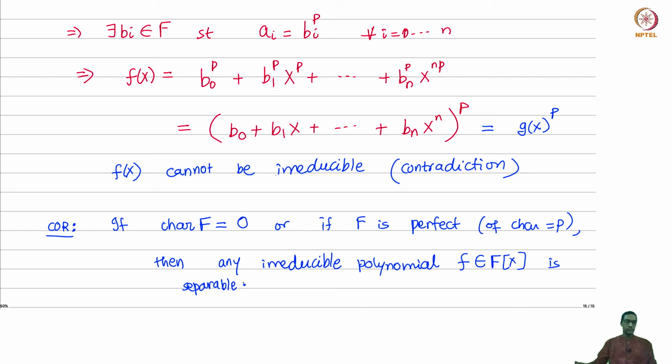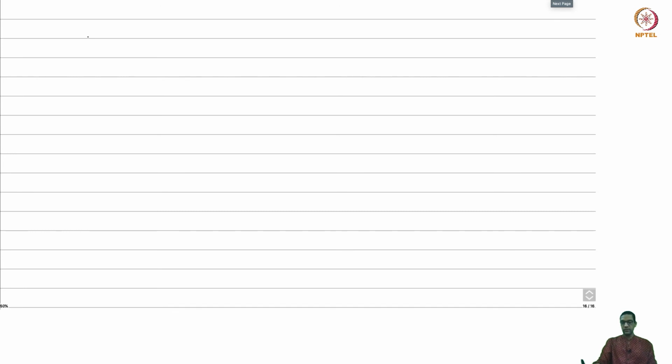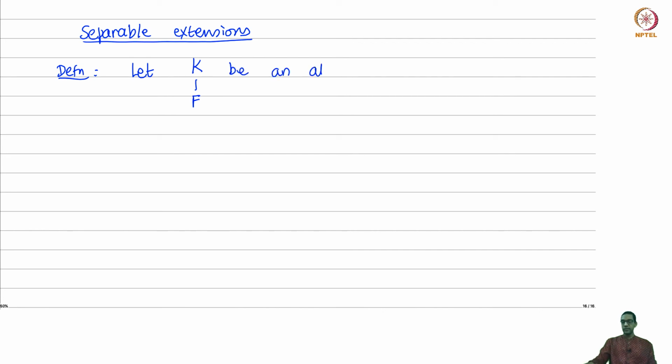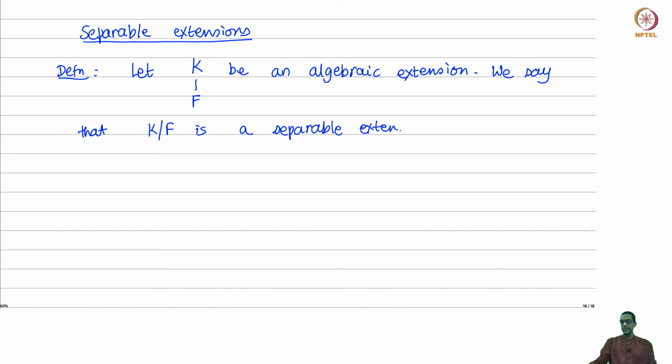Now finally, coming to the point that we began at the very beginning, which is to talk about separable extensions. So far we talked about separable polynomials. When do we call an extension separable? So let's talk about separable extensions. The definition is the following. Let K over F be an algebraic extension. We assume to begin with that it is algebraic. It's only for algebraic extensions that we will define this notion. So we say it is a separable extension if